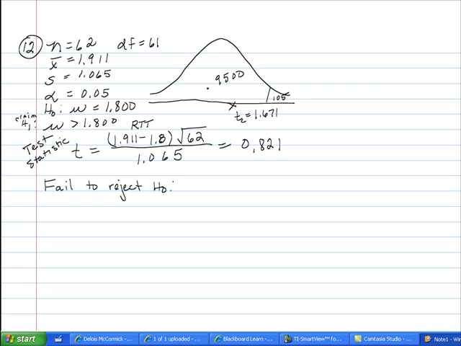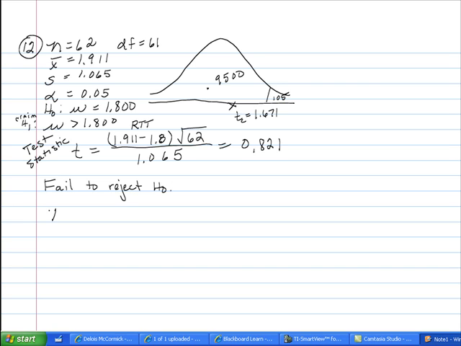There is not sufficient evidence to support the claim that